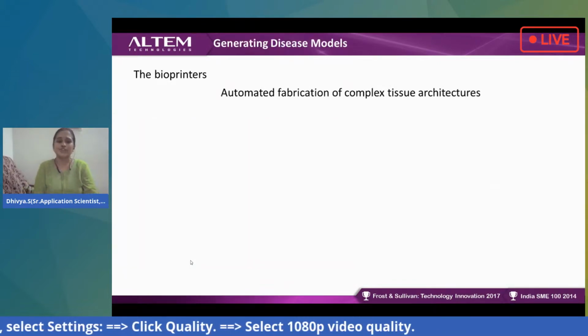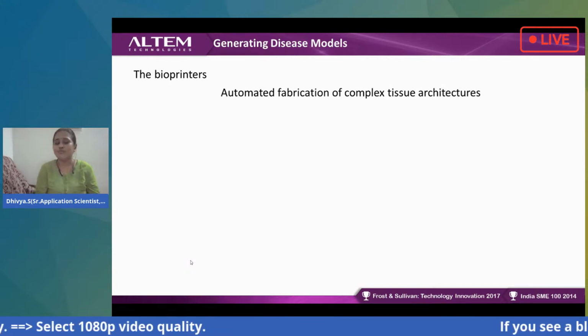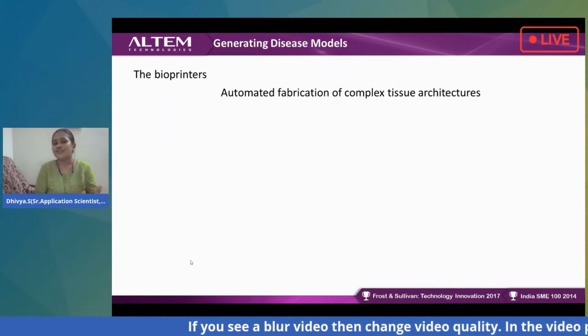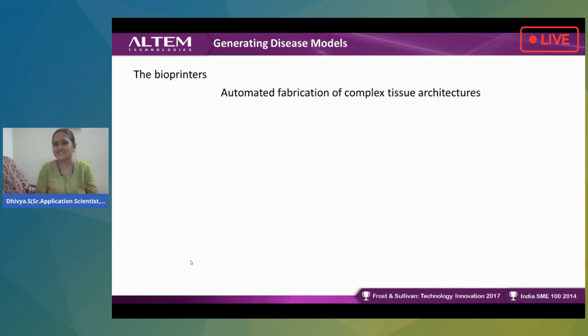So, generating, this is the first step. How do you do this process? I think the audience is eager to know how we do this. The answer is the bioprinters. The bioprinter will help you, exactly as I stated. It will behave and give an environment like our biological systems, and it is going to